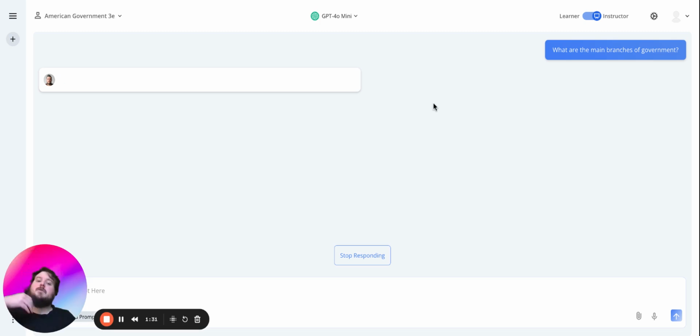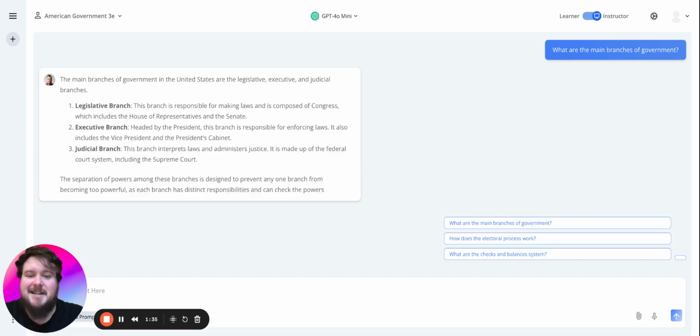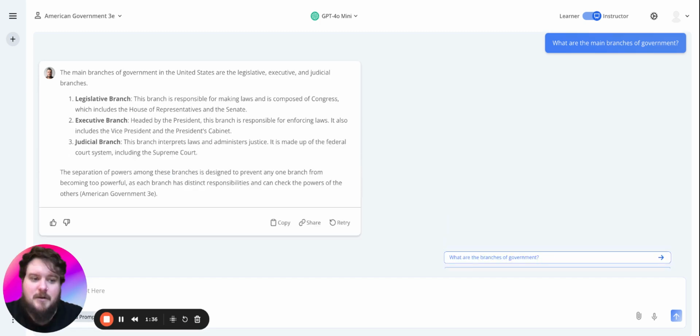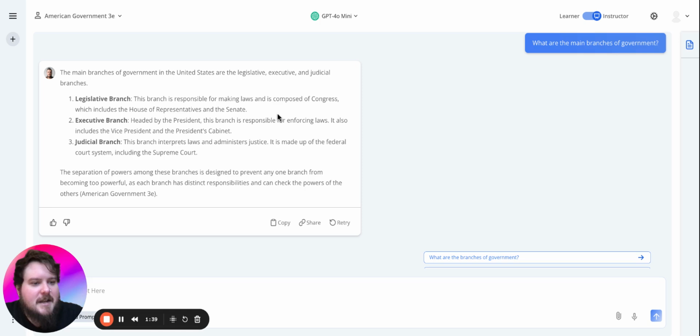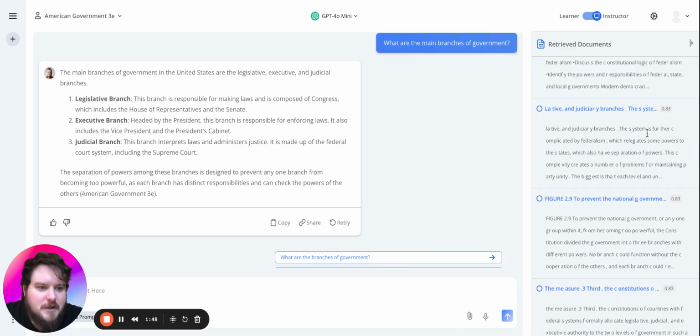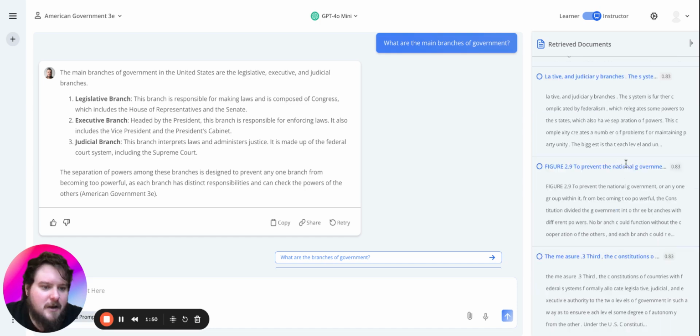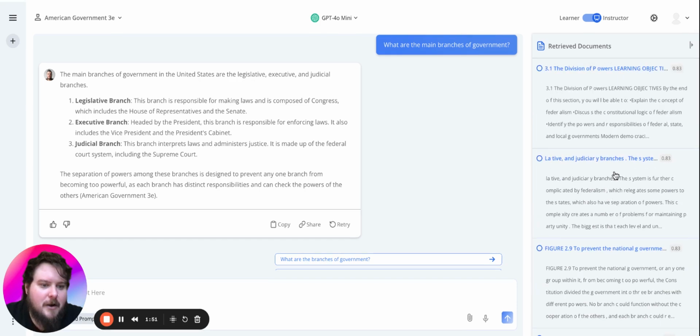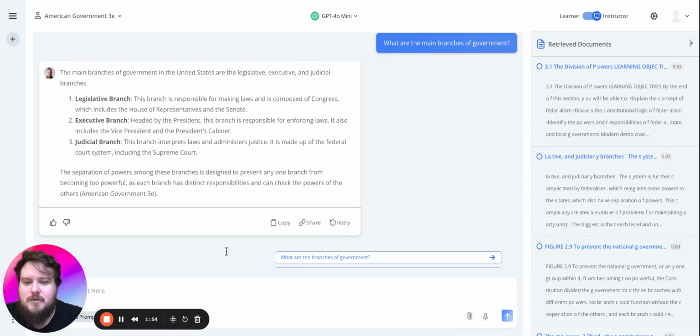What the mentor is going to do is respond just as I would expect it to, just as it is supposed to, just as you have seen before. But the difference is after it answers, now on the right-hand side of the screen, there's this little document tab. If you hit that, it shows you every piece of the textbook where it pulled the information for this response from so that the learner can easily select it